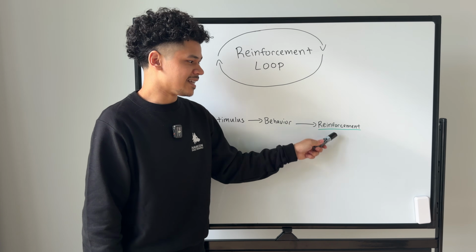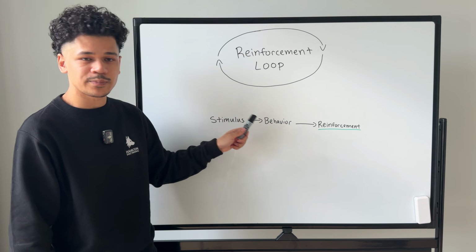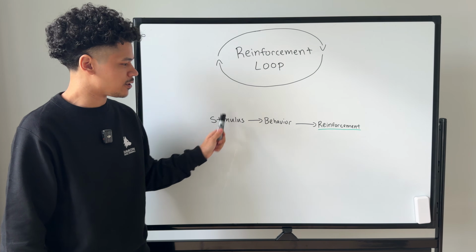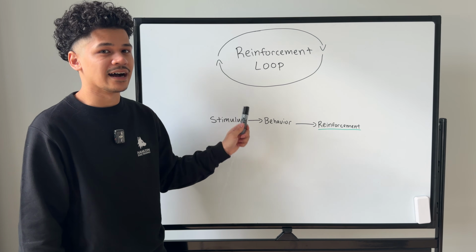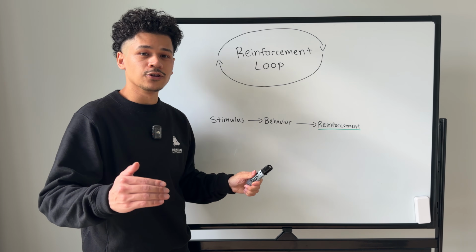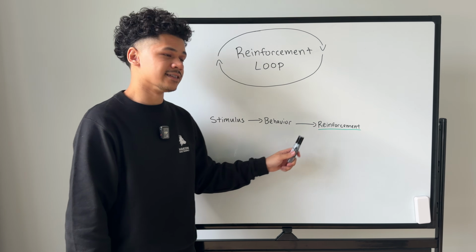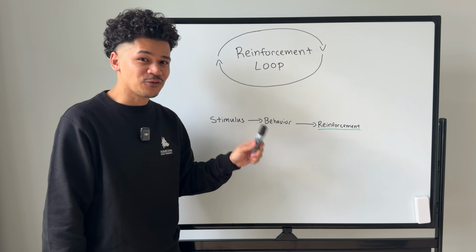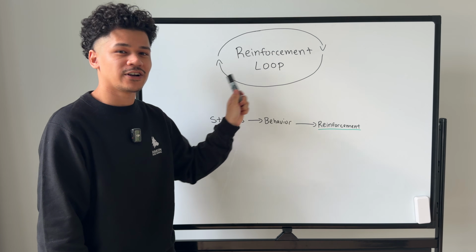The reinforcement is the consequence that is increasing the frequency of this behavior. It's the thing that makes it more likely that next time your dog sees that dog in the environment, they're more likely to select that same behavior again. And right now, this is the loop that your dog is stuck in. Every time they see the dog, they react and something good happens. Every single time. Every time, and every time they repeat it, it gets stronger and stronger and stronger.